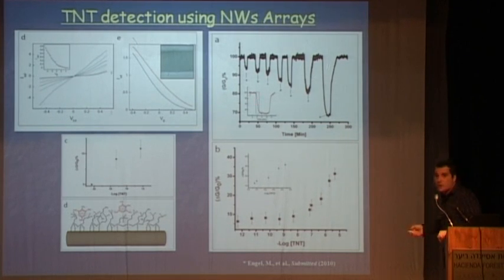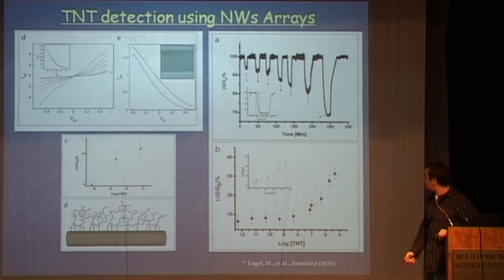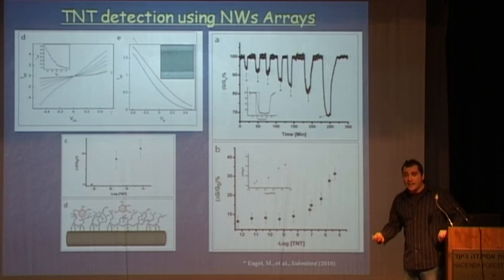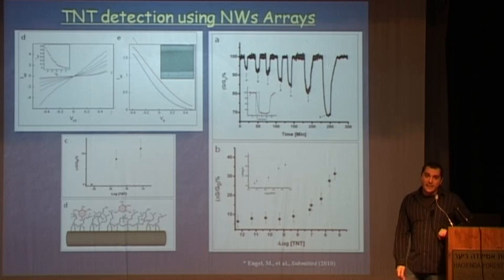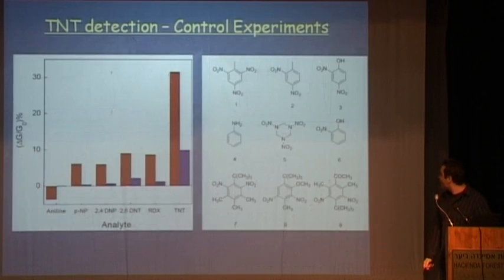The sensing is not only extremely sensitive, but also extremely fast. We can see that the interaction of TNT leads to an almost immediate electrical signal change, and we can sense TNT with the most sensitive devices down to the half femtomolar. Half femtomolar is a detection limit that is orders of magnitude more sensitive than any dog out there, without all the limitations of dogs. We also have limitations. I don't want to say anything bad about dogs, but